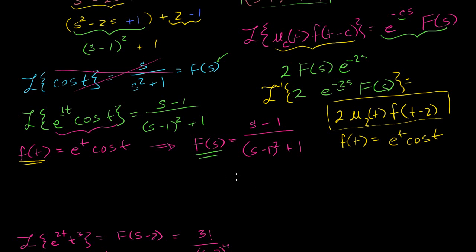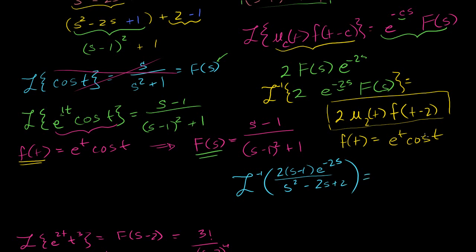We established that the inverse Laplace transform of that big thing that I had written before, 2 times s minus 1 times e to the minus 2s over s squared minus 2s plus 2 is equal to this thing